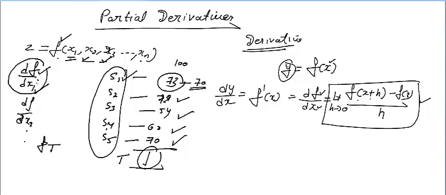Try to understand this line: if your function depends upon more than one variable and you are finding the change, meaning the derivative of the function with respect to one variable, that will not be the total derivative or total change, that will be the partial derivative. Here we write this partial derivative in a special representation known as curl. So you will write curl f by curl x1, curl f by curl x2. This is the partial derivative of f with respect to x, meaning this is not a total derivative.